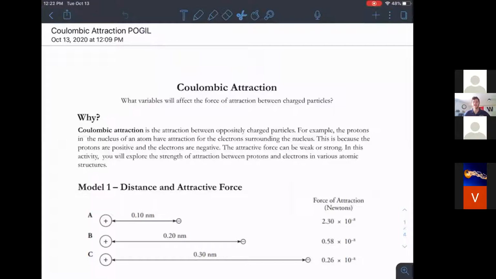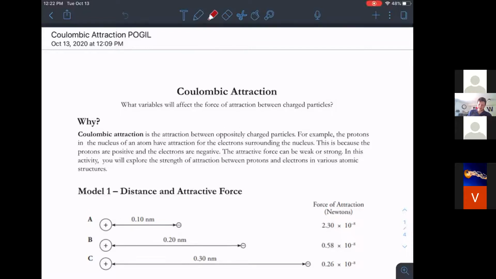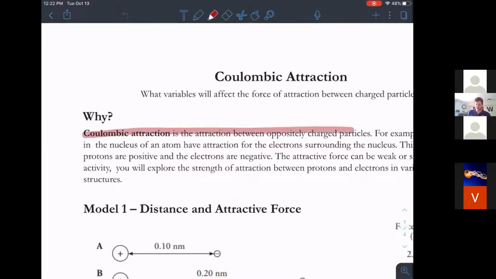The attractive force can be weak or strong. In this activity, you'll be exploring the strength of the attraction between protons and electrons in various atomic structures. One thing I do want you guys to do before we go any further is highlight this section right here about what Coulombic attraction is. That's going to be super important in all four of these pages of our POGIL that we'll do the next